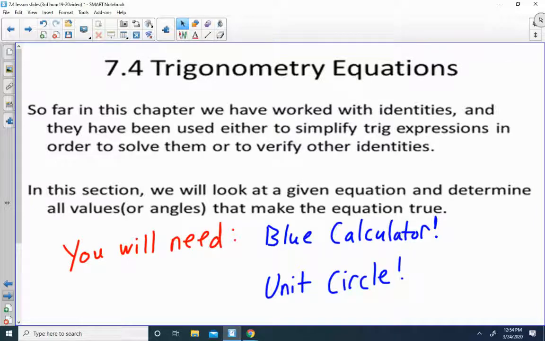Basically, just like in the bell ringer, we'll be given an equation, and then we need to figure out what solutions make it true. And for this case, as I told you before, you will need your calculator. And if you don't have a calculator, just use the one that I showed you. And again, have your unit circle handy. You will need your unit circle. You'll be shucks out of luck without it. So with that,